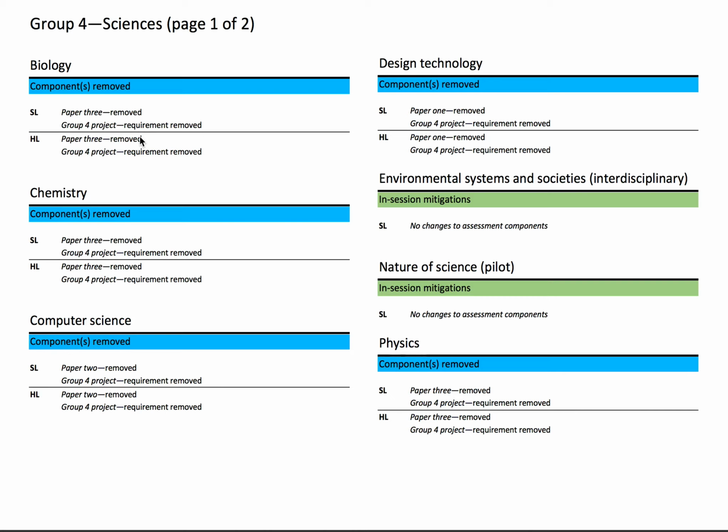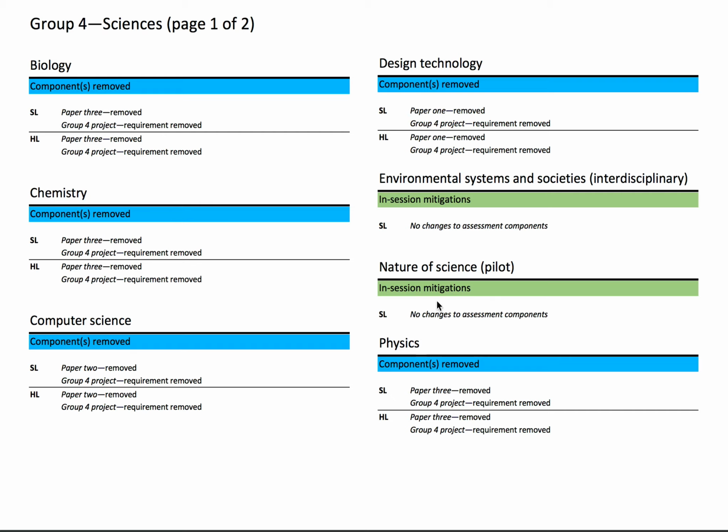So what they did for physics, chem, and biology, they have removed the whole option paper and the group 4 project. Now, I would say this is really good. The reason being, for most schools, they almost always do not have enough time to cover the options well. So when they focus on paper 1 and 2 only, paper 1 is the multiple choice, and paper 2 would be short answers and essays. Let's say for biology, chemistry, short questions, and also physics, short questions.